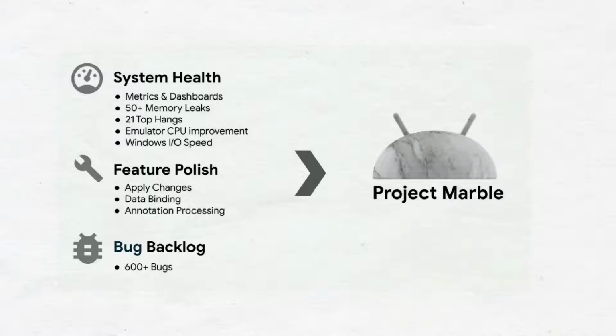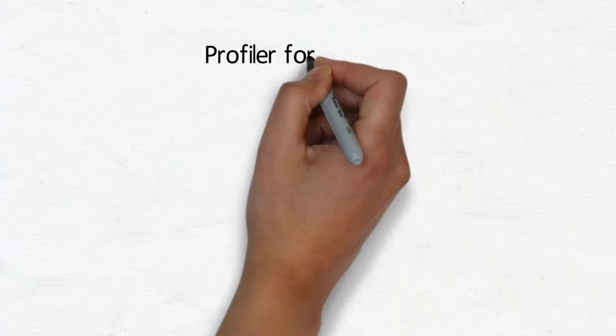Some of the cool things that are going to be introduced in Android Studio 4.0 are Profiler for builds. After you have built a project, you now get a new Build Speed tab, one for each build that you run, which gives us a breakdown about what happened during the build.